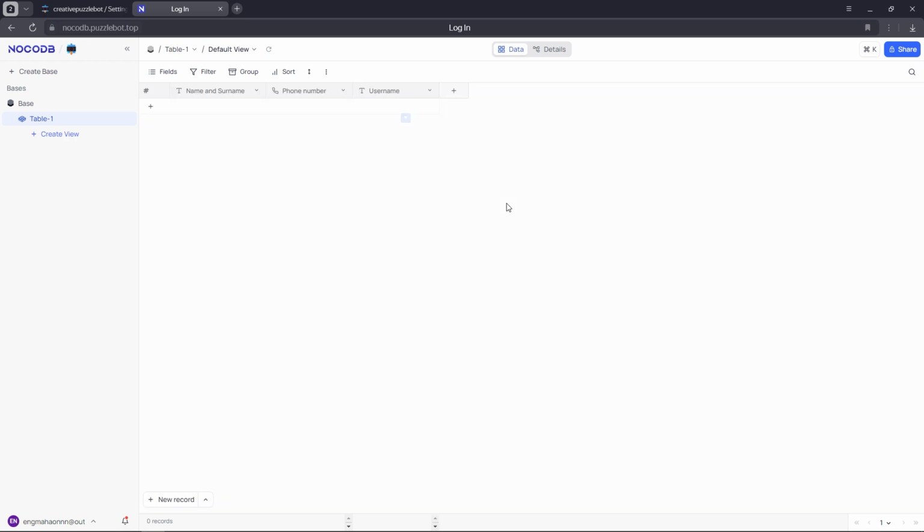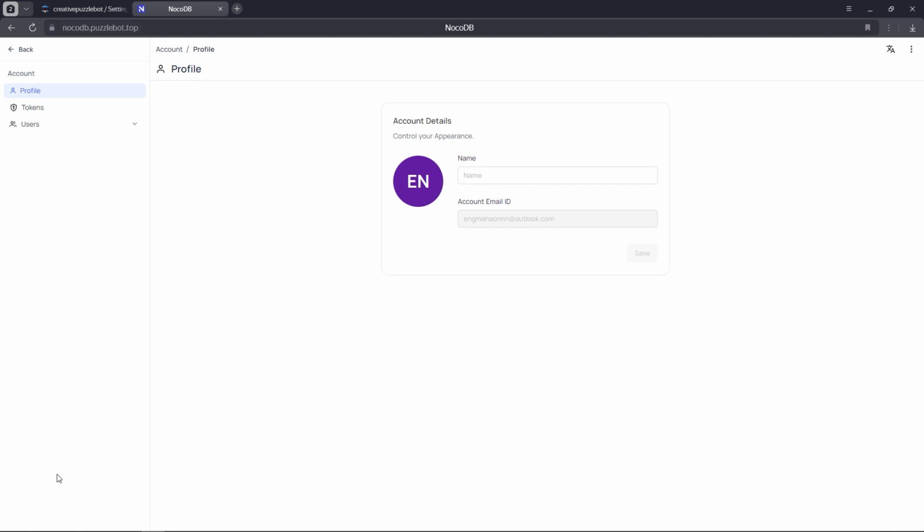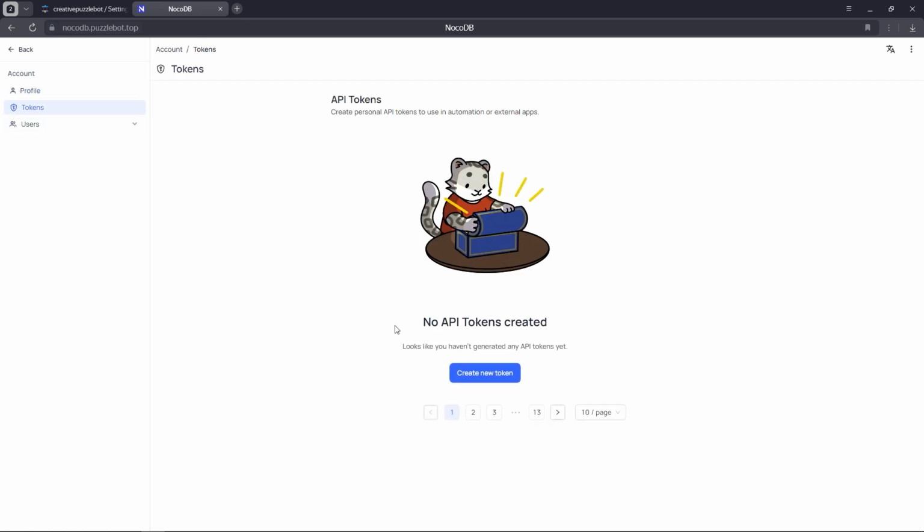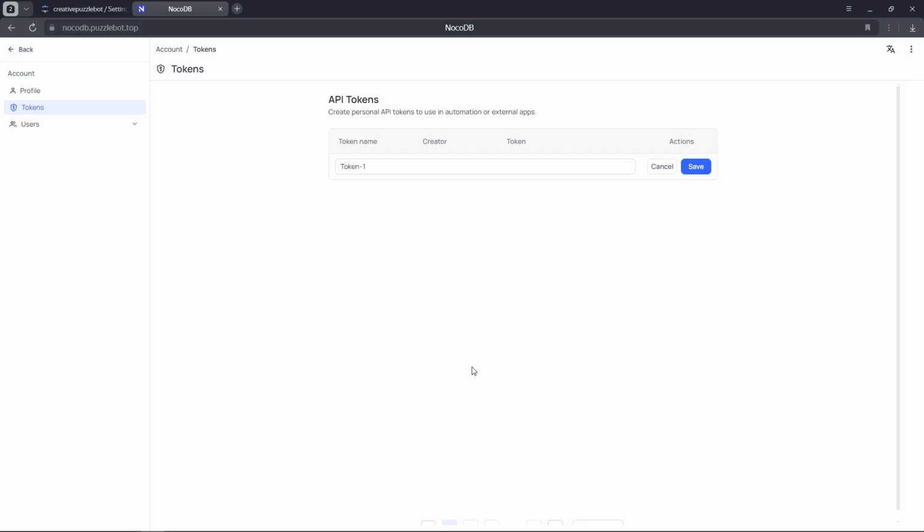Great, now we need to copy the token. To do that, we'll click on our email. Next, we'll select Account Settings. And we'll go to the Tokens tab. Click on the button to create a new token. We'll save it